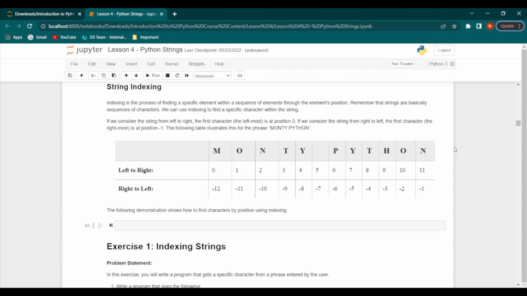Now, if we consider a string from left to right, the very first character of that string, which would be the character at the very left of the string, is at the position 0. But if we consider the string from right to left, the very first character would be at position -1. If you can see in this diagram here,